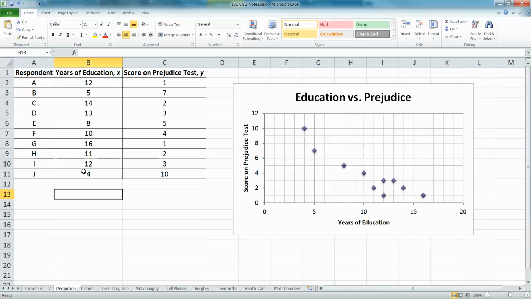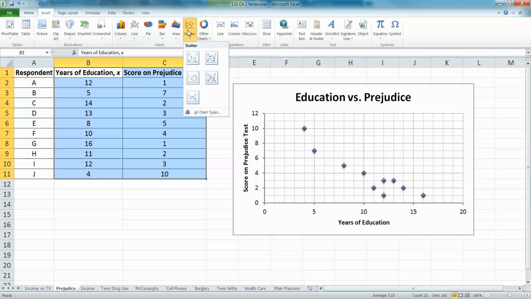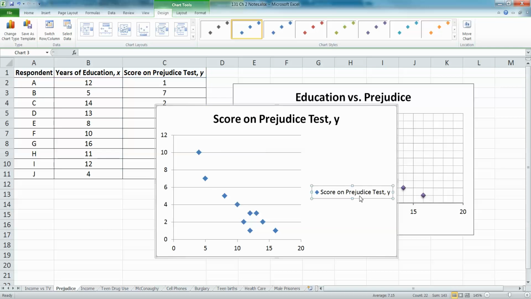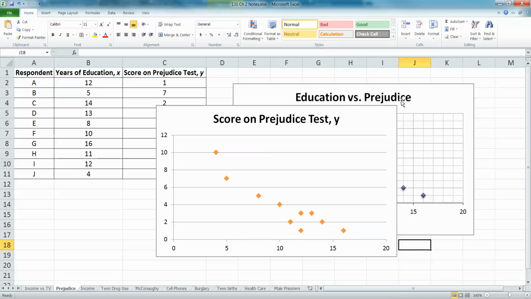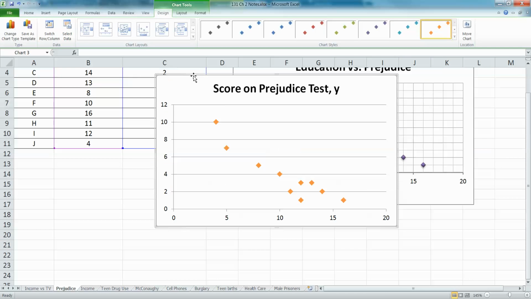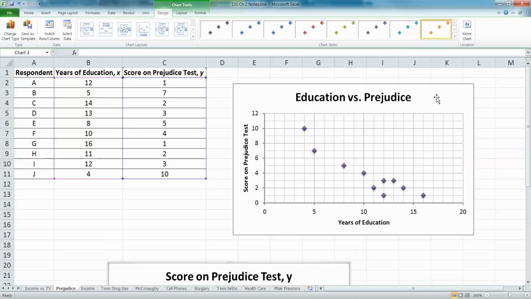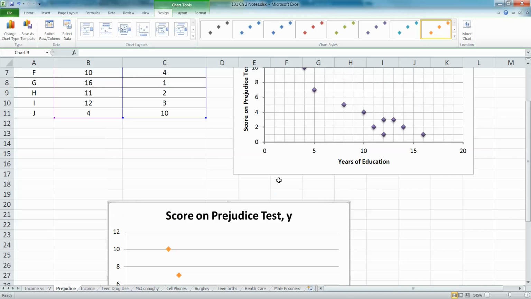And if you're stuck and you don't know what else to do, then just start over. Highlight the data, insert, scattergram, right? Delete this, and you can start adjusting and adding in labels and stuff like that. And changing your colors. All right, I hope you feel more confident with using Excel. It is super easy to make a graph with Excel. And honestly, you can go as simple as